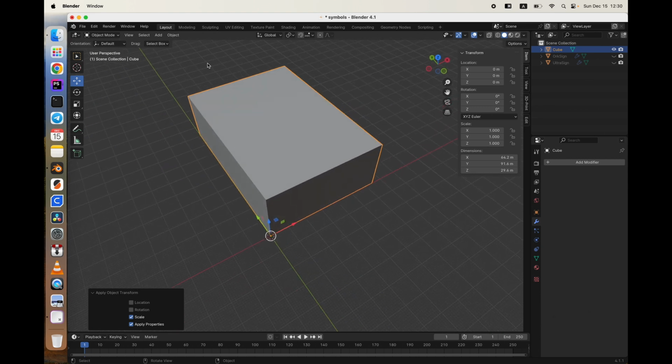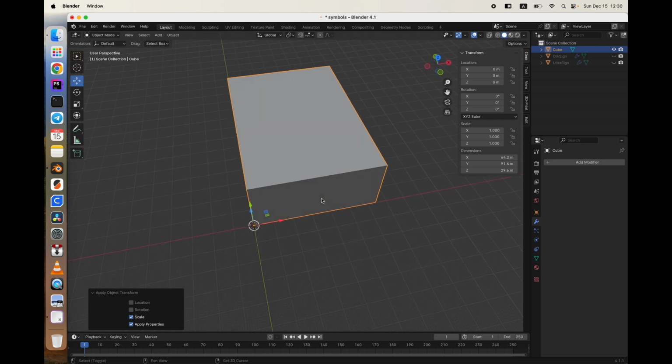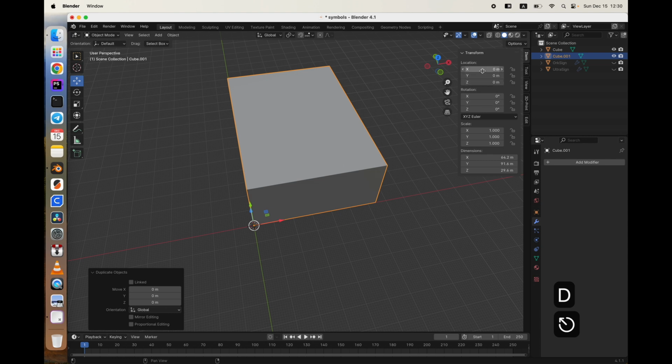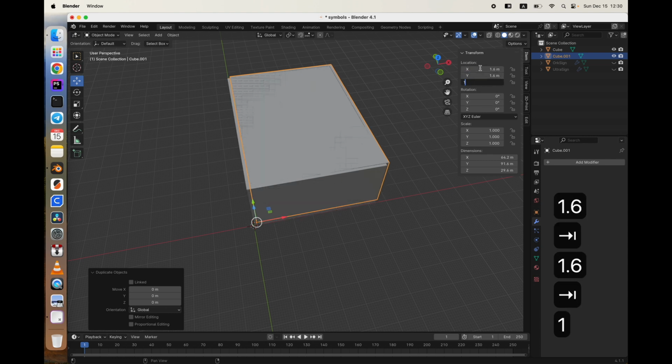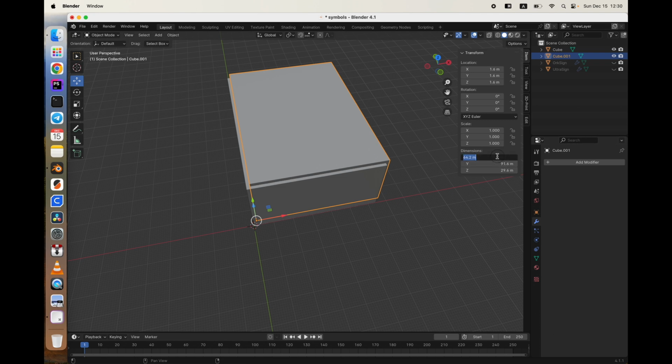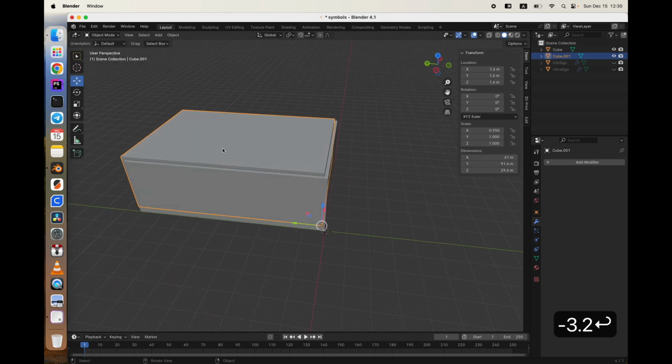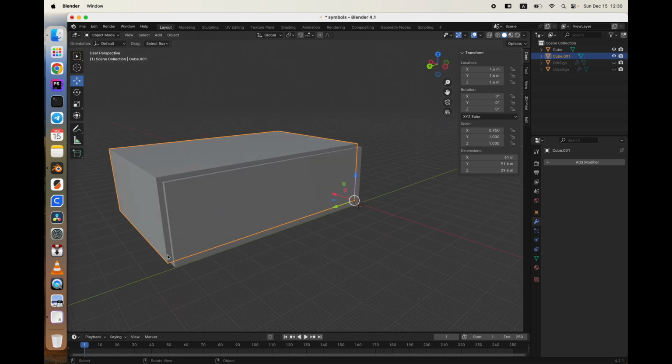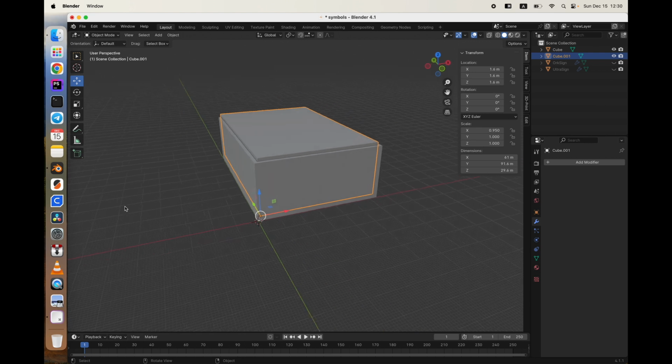create a cutter that we will cut from this box to make a space inside. Let's Shift D. Let's put it 1.6, 1.6. We're just stepping our floor and walls width and subtract it from here, minus 3.2. And here I can leave it as is because it would not be enclosed here. And I will show you